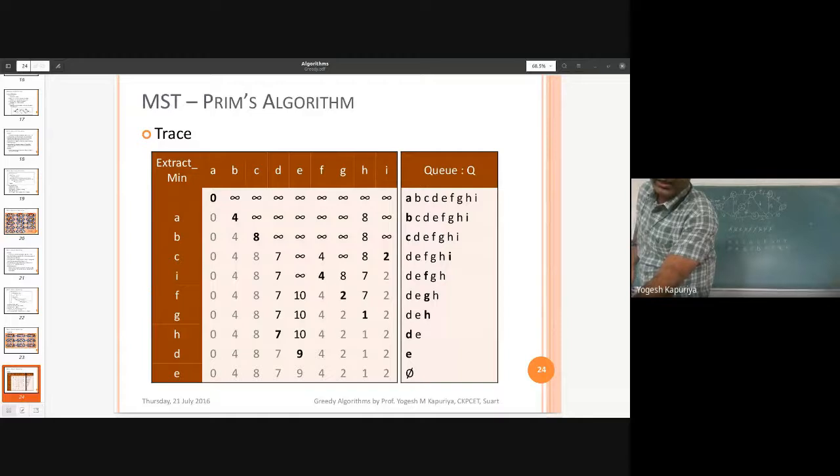So basically you are repeating something till your Q is empty. The question is, how are you going to generate the minimum spanning tree now? So now we want to generate a minimum spanning tree, right?